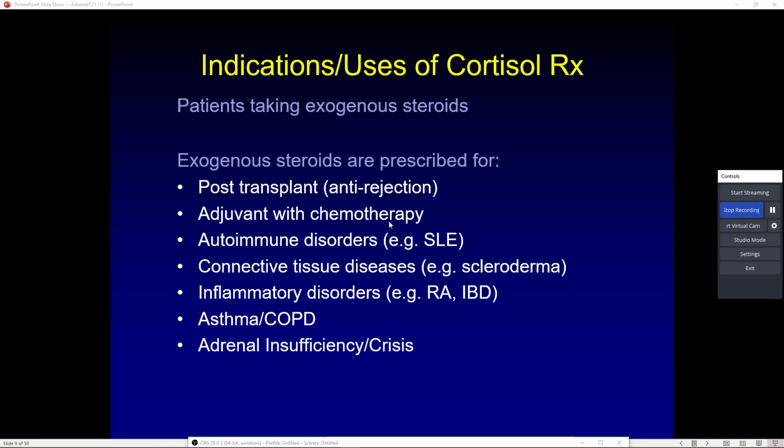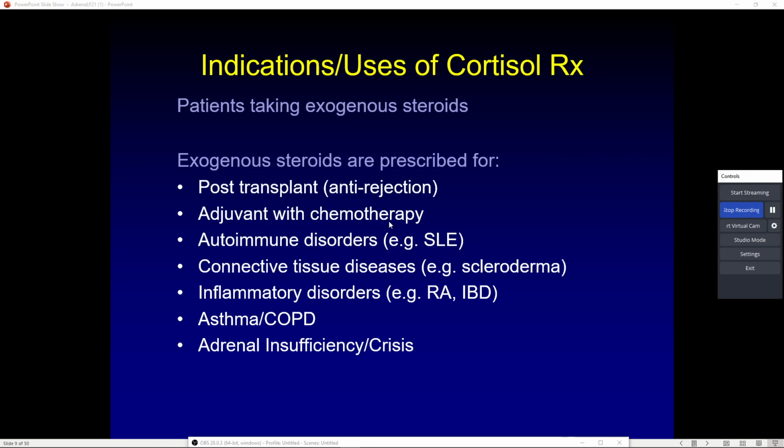The most common reasons someone would be using exogenous steroids: autoimmune disorders, systemic lupus for example, connective tissue damage, inflammatory disorders, RA, rheumatoid arthritis, or IBS or IBD, asthma, COPD, adrenal insufficiency or crisis. Chemotherapy often results in widespread inflammation throughout the body, and we see it there. And post-transplant as an anti-rejection means to suppress